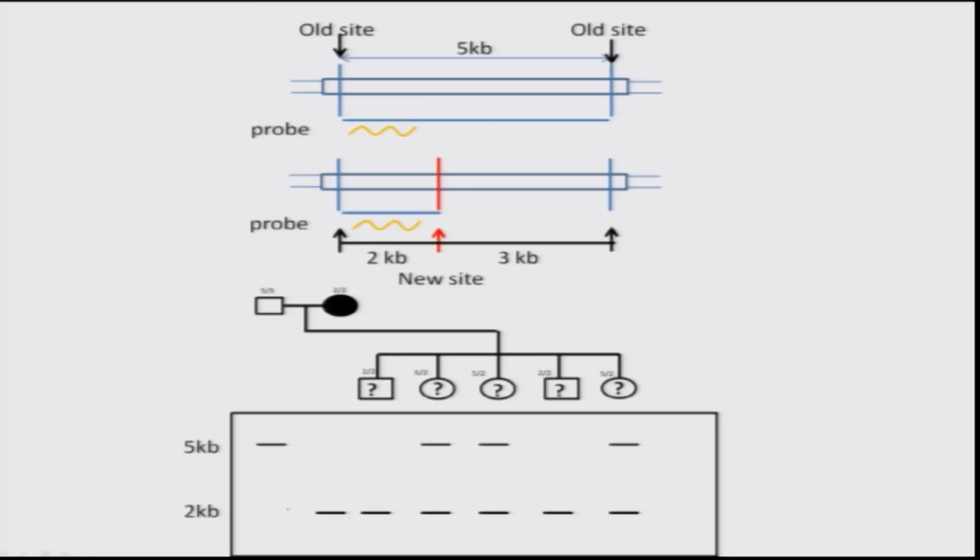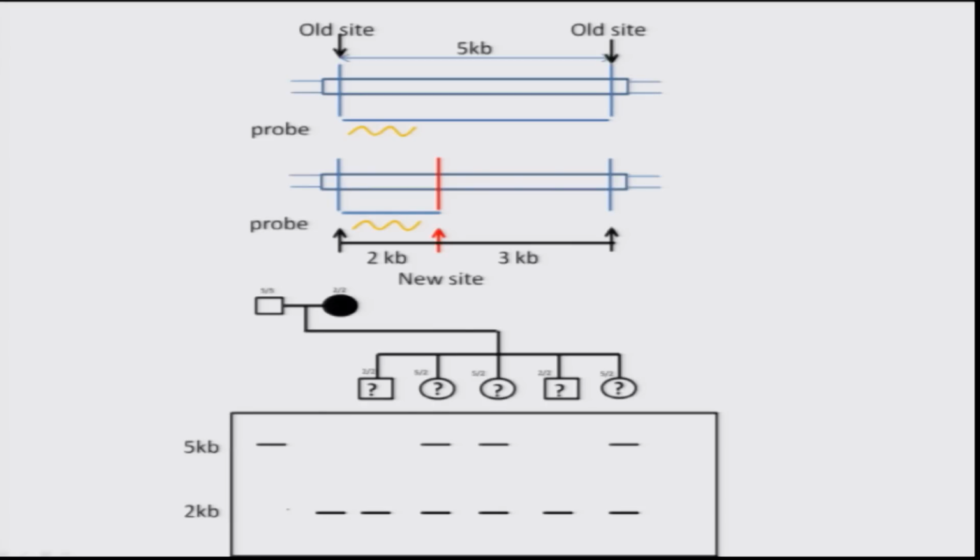A female of the family is suffering, and what we want is to predict whether there will be a diseased individual in the next generation. So if you look at the banding pattern that we got from the autoradiogram from the probe detection in southern blotting,